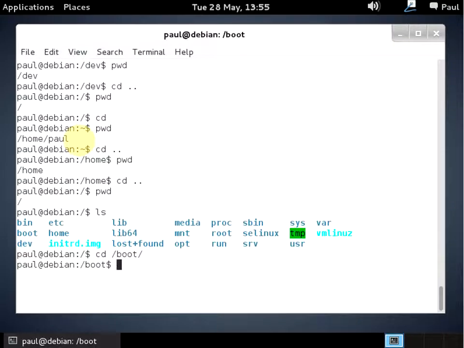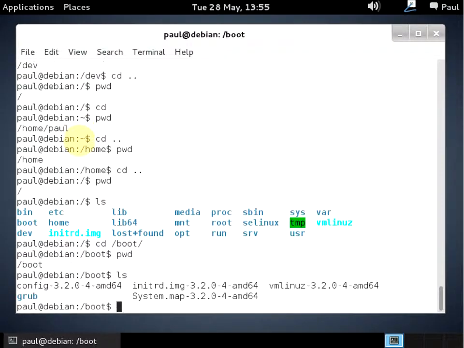Do a pwd to show, yes, we are in the boot directory. And guess what that is? Well, let's go ahead and do an ls command to see what we can see. Okay. Now if you notice, right here is our bootloader, grub. And here, as the name suggests, this is a location for the kernel, or the core of the operating system,